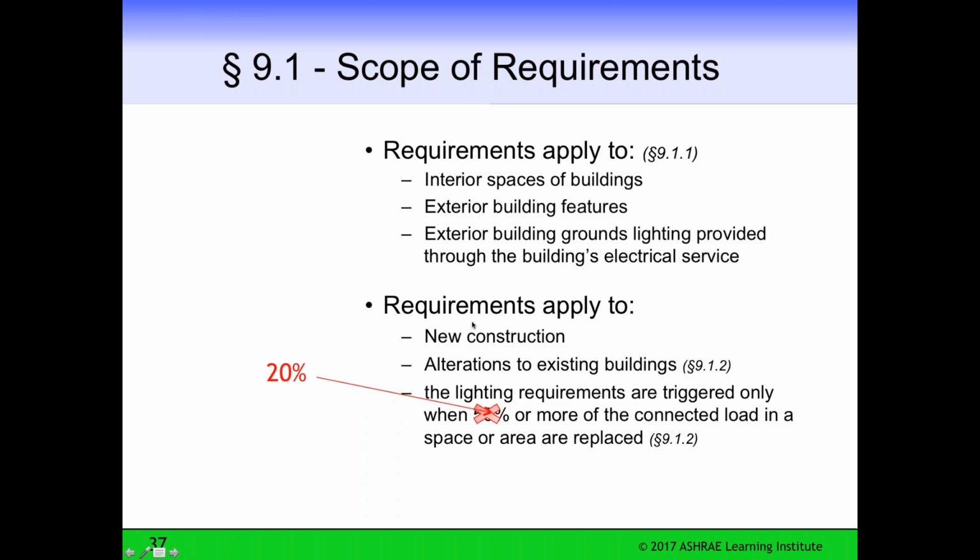And the requirements apply to new construction, to alterations in existing buildings, and when the lighting in an existing building is changed, the requirements of Standard 90 are triggered when 20% or more of the connected load in a space or area are replaced. And this percentage keeps changing over time.